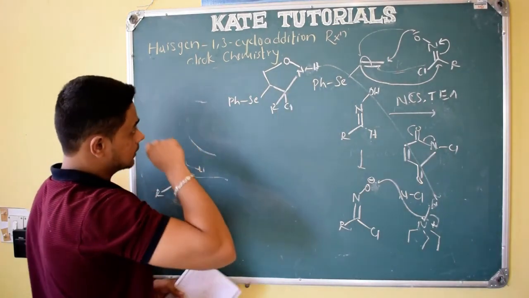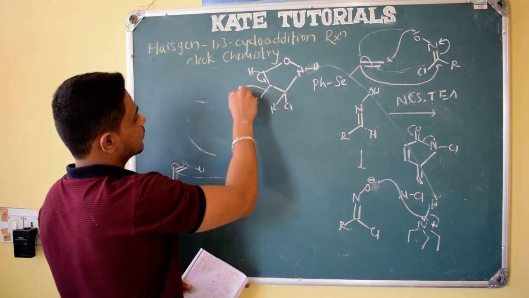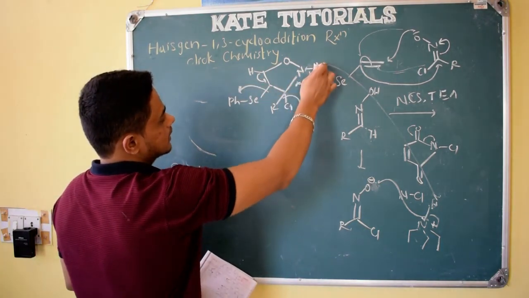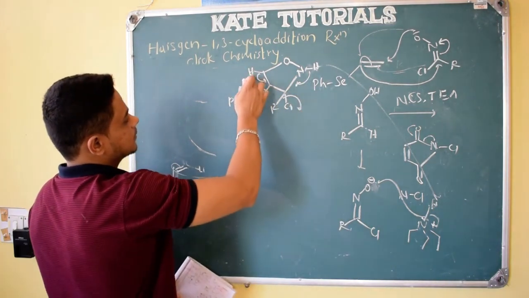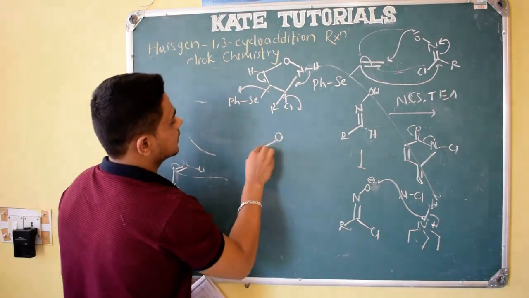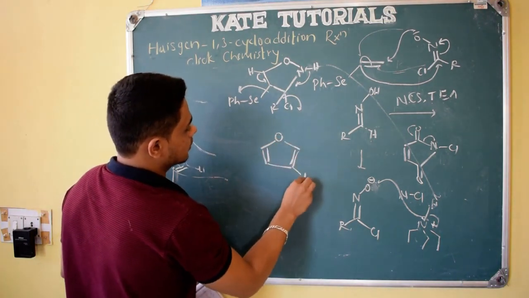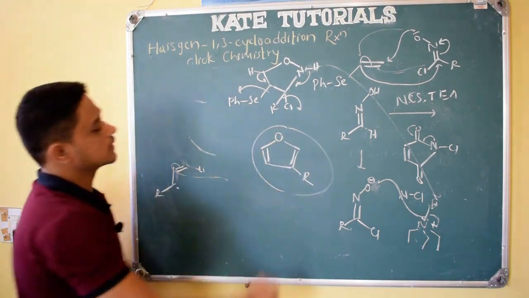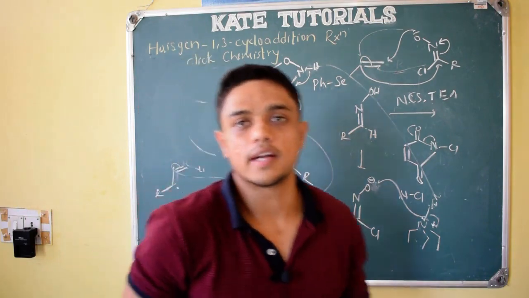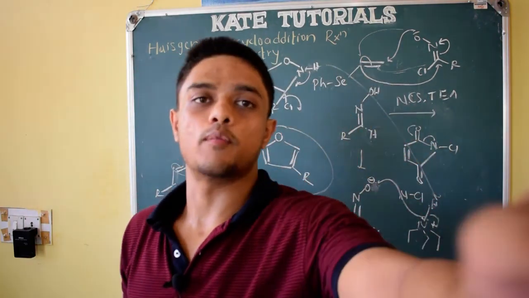So what happens here? Here see, H from this and Se, this bond can go away, and here H comes from and HCl, H plus Cl minus HCl, H plus PhSe minus, so it will go away and we will get this compound. In both the case we will get only this compound, right? So this is all about click chemistry. If the other way you will do, you will get the same product, right? And next class we will see few more named reactions.